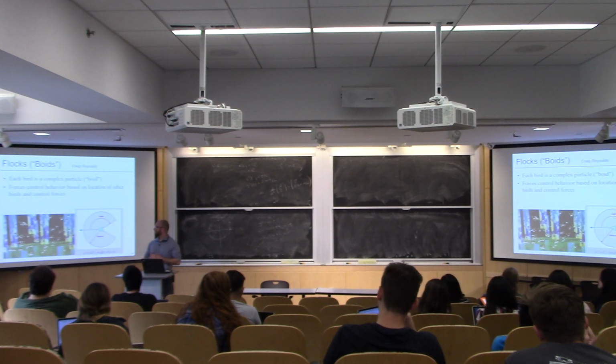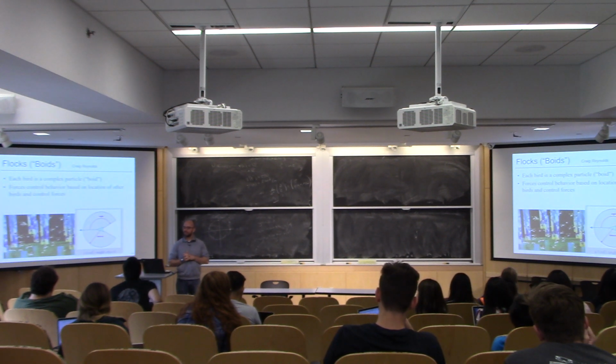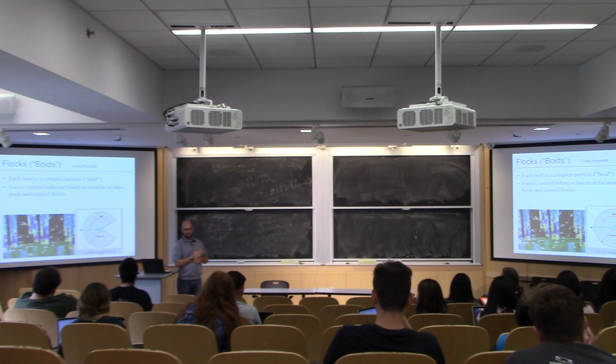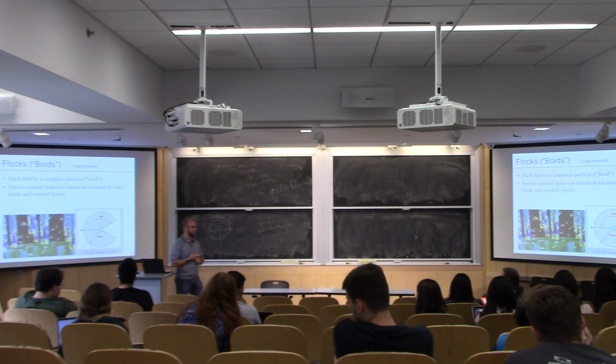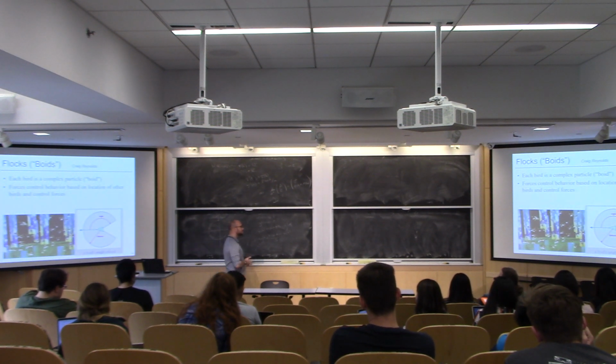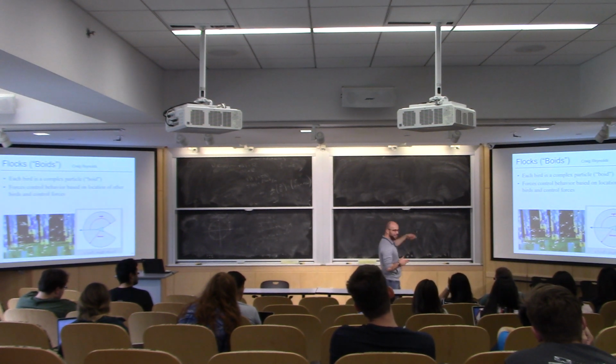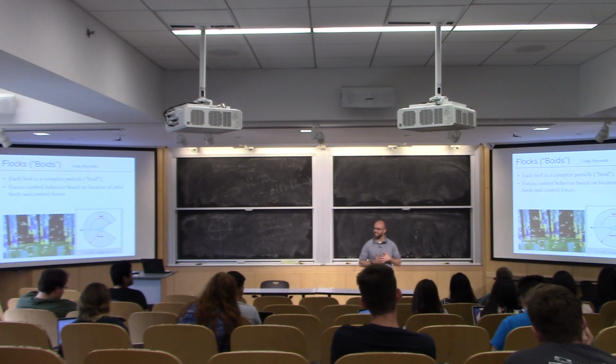So let's talk about the world's most goofy model of what birds do. We're going to model a bird as a particle. It's just a thing that flies, like a point mass that's flying around and has some velocity. It's actually not a totally unreasonable model for a bird. Now I want to get interesting flocking behavior to come out of my particles flying around. It's kind of amazing you can do this just using physical